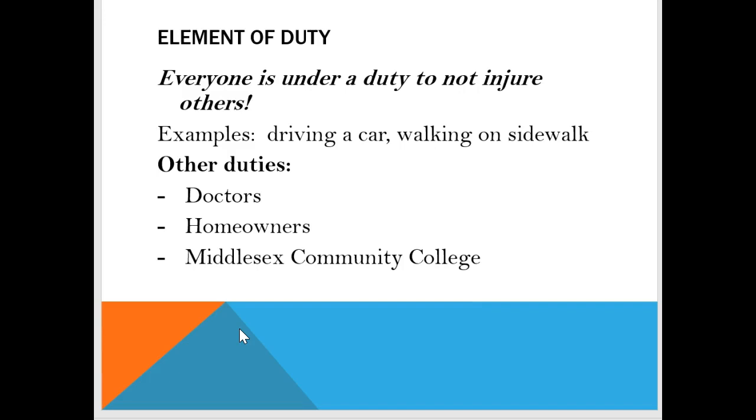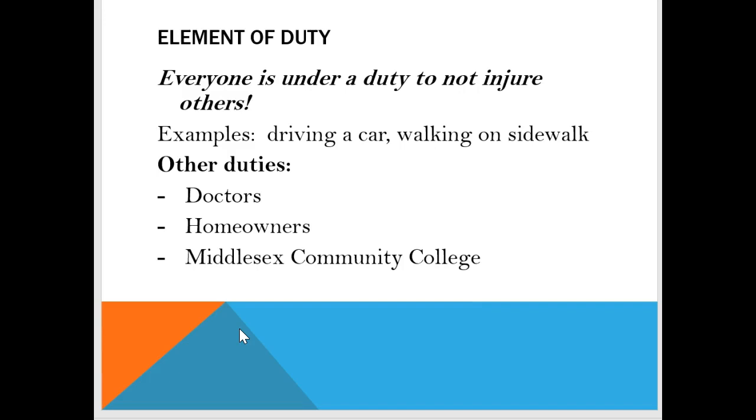For example, if you invited me over to a barbecue at your house and you invited me to sit on your back deck, but you didn't tell me that your back deck had some loose steps, but you knew about it. You knew that the steps were loose. You knew they could cause an injury, but you just decided not to tell me. And I fell and got hurt at your house as a result. I could hold you responsible for that under a theory of negligence.